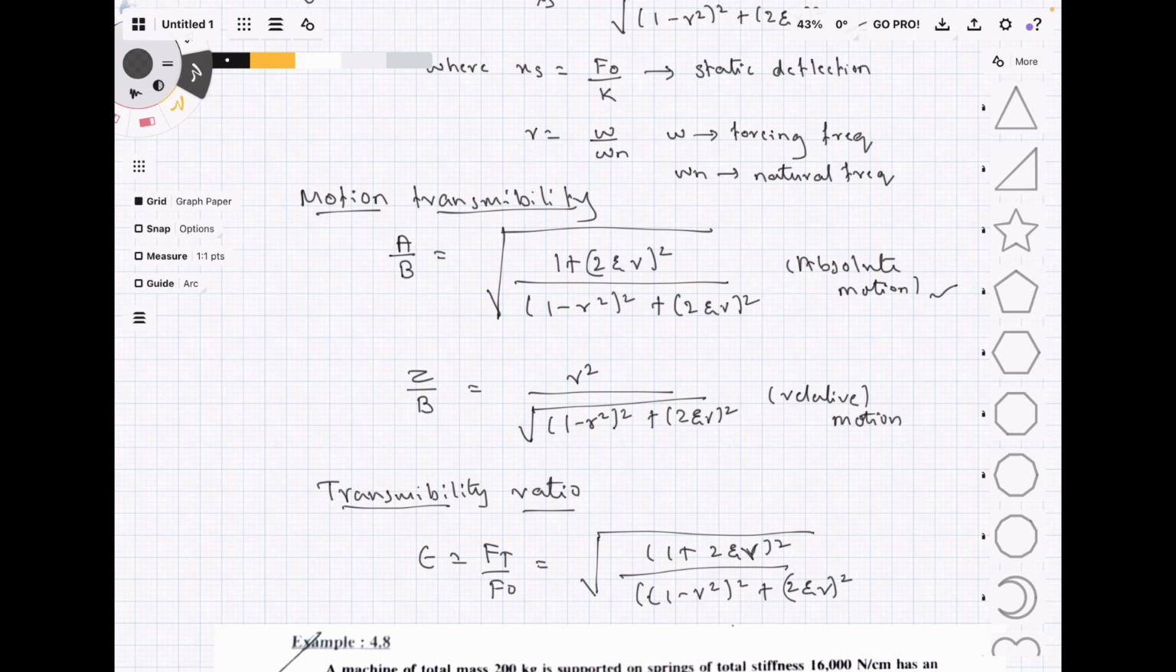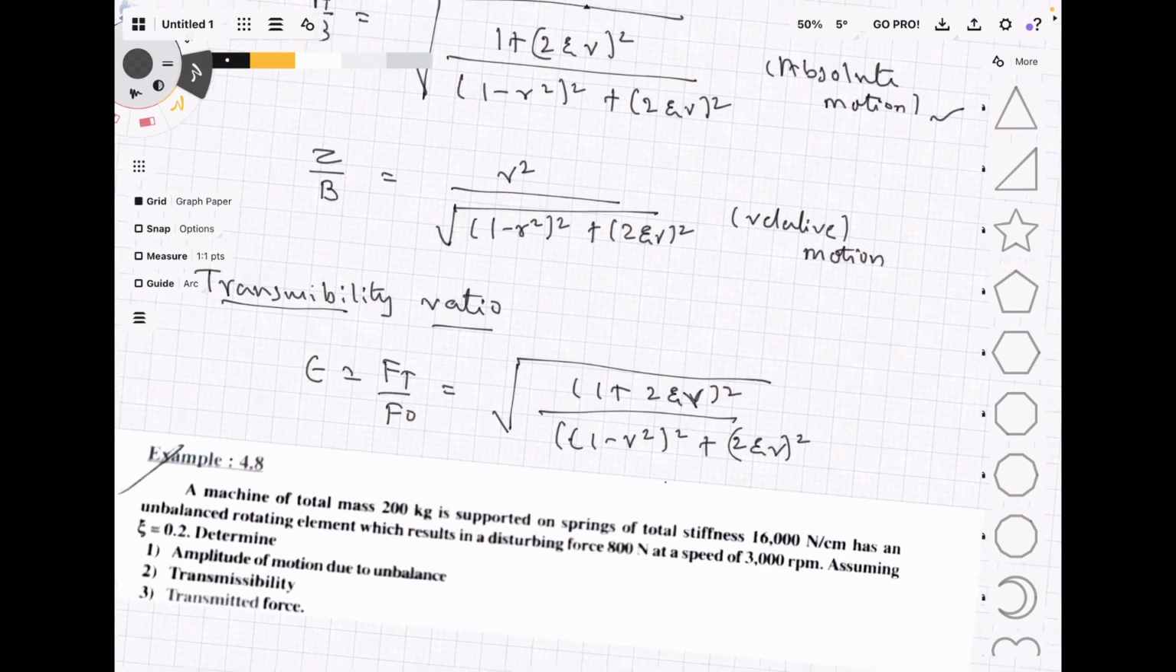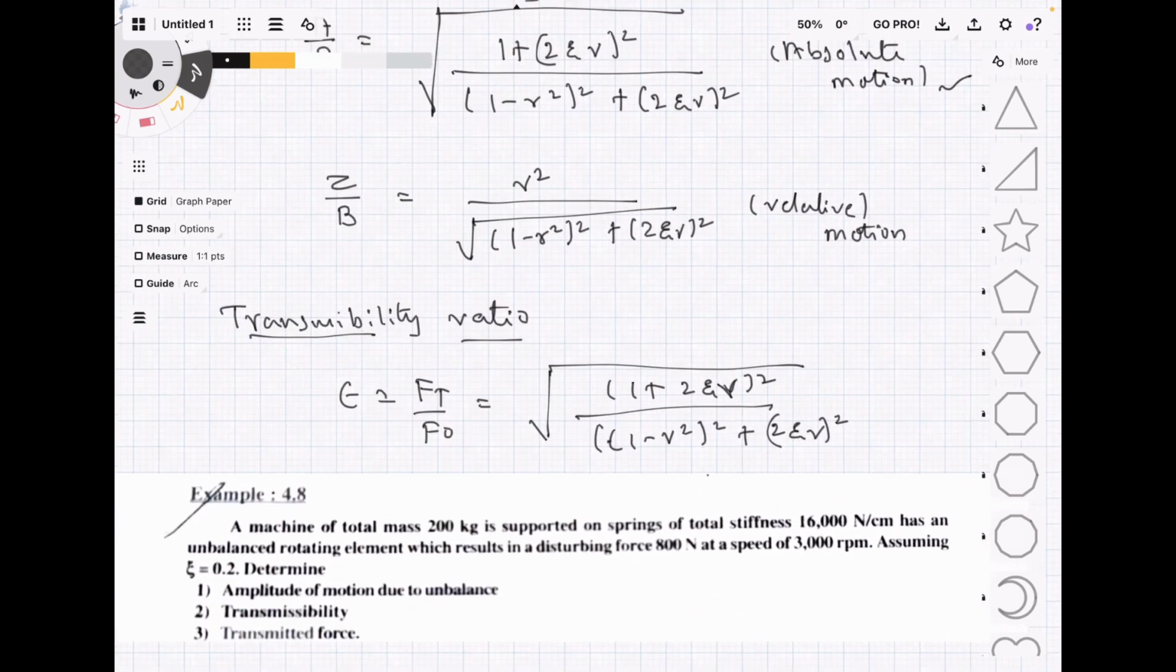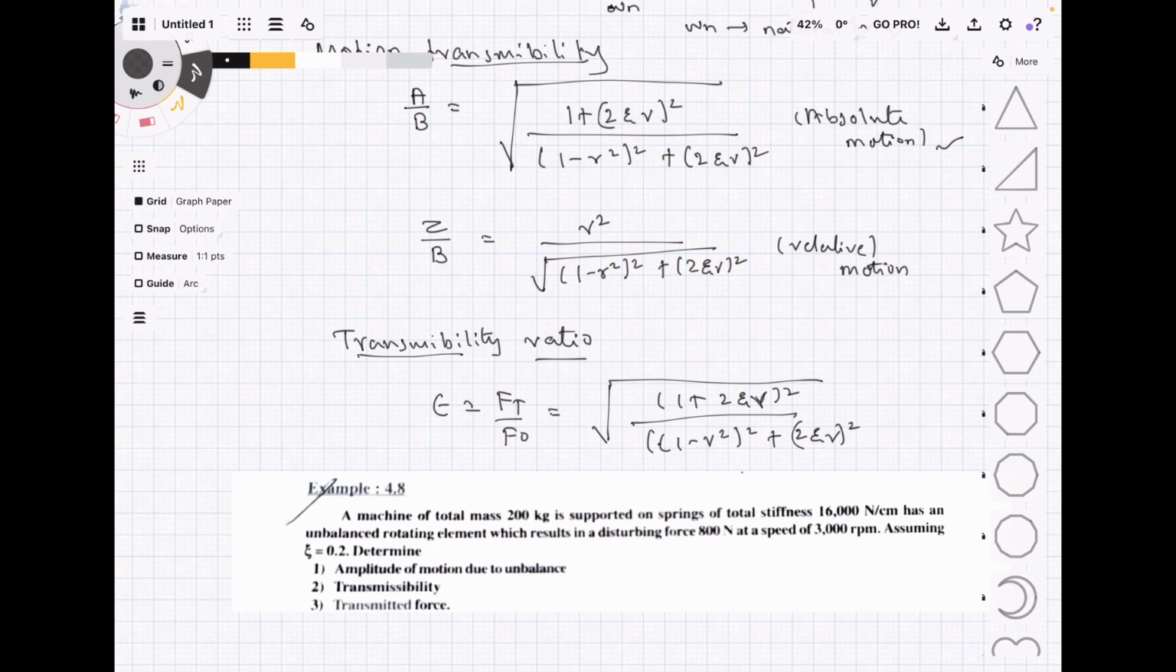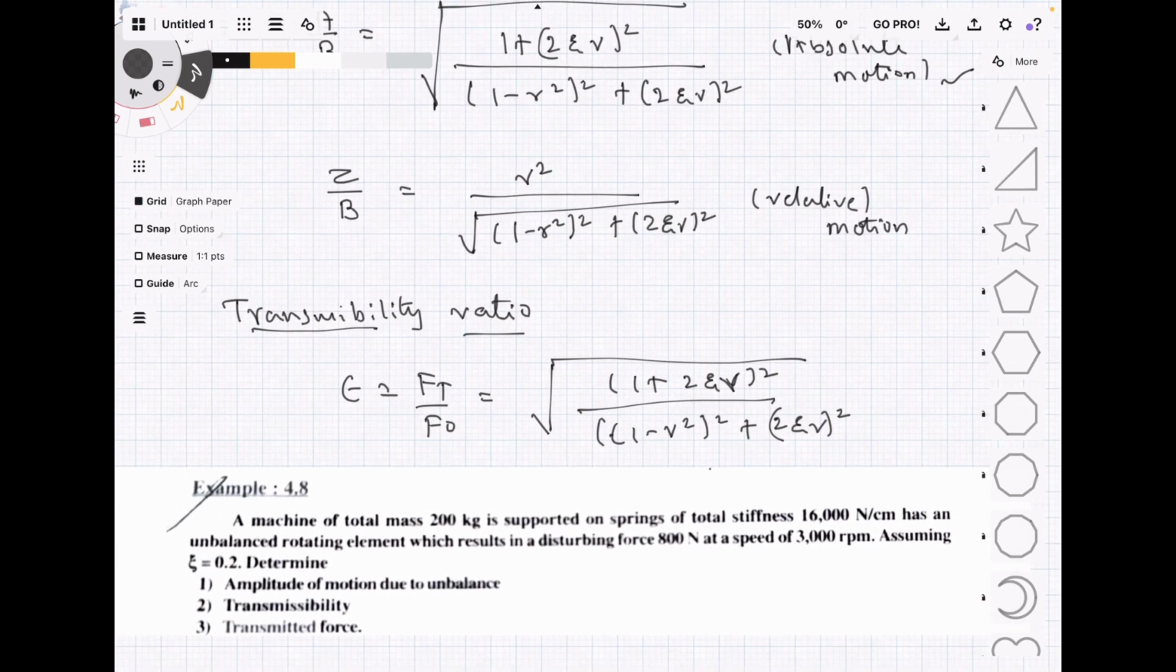If I take the relative motion between these two, how much the ground is moving and how much the driver is moving, then it will be r square upon square root of (1 minus r square) the whole square plus (2 zeta r) the whole square. Next comes the transmissibility ratio. The transmissibility ratio is of two types, one is motion, the other is force. The transmissibility ratio is given as epsilon, which is the force transmitted to the applied force. That is given as the square root of 1 plus (2 zeta r) the whole square,